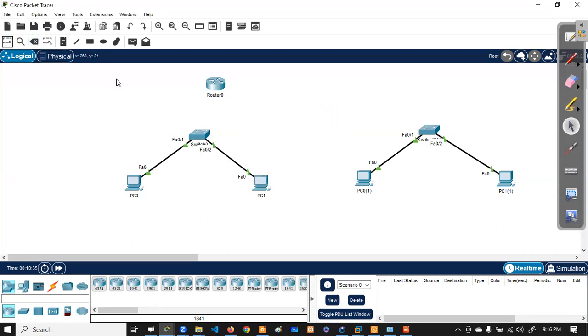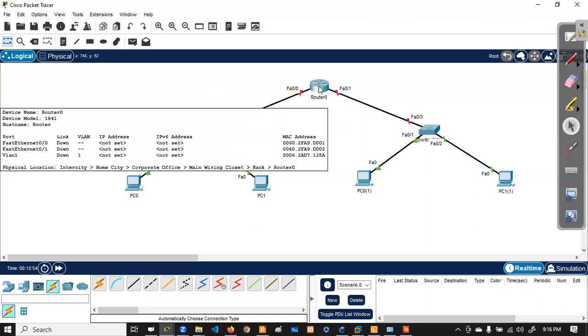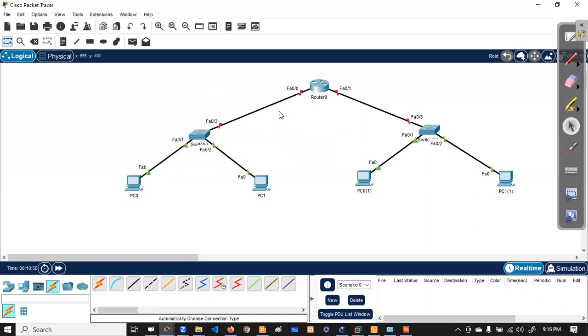I'm using only one router, connecting from here to here and here to here. But the router must be assigned an IP address.